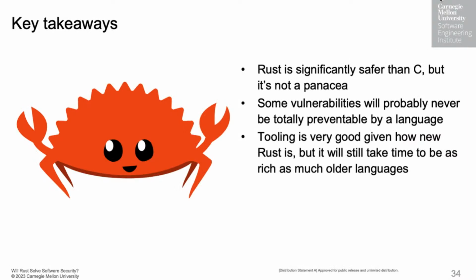Yeah, Rust is a lot safer than C. It's not perfect. There's some kind of vulnerabilities programming languages will never be able to solve, like if there's some administrative function and you forget to check to see if the user's an administrator, no language is going to catch that kind of thing. Tooling is catching up really fast for how new Rust is compared to C. Like 10 years old versus 50, that's a 40-year difference. You wouldn't know it based on how close the tools are already.